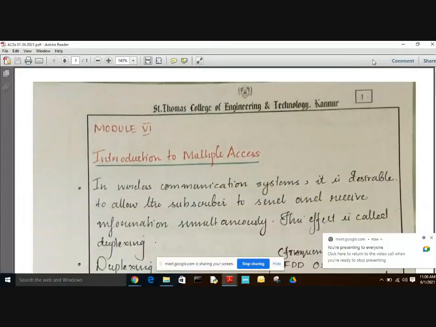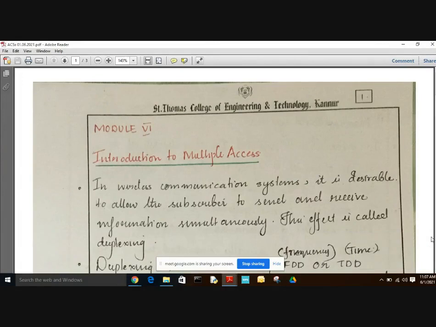So this is our 6th module. And the first topic is Introduction to Multiple Access. In the wireless communication system which we have studied in the previous module, it is desirable